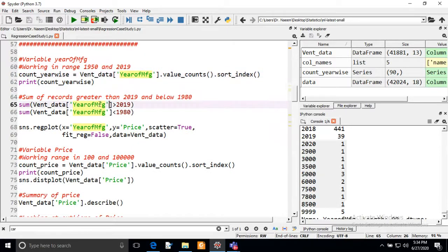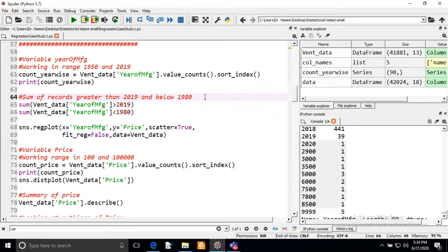We can also see the sum of the records greater than 2019 and below 1980. Why am I taking 1980? Because in the initial years, the ventilators were not good enough for use in hospitals, so we will try to take the more advanced ventilators.